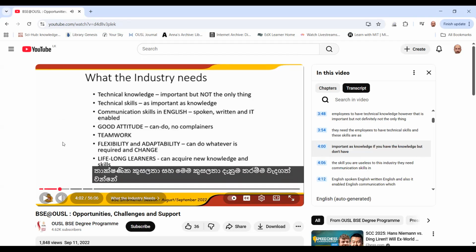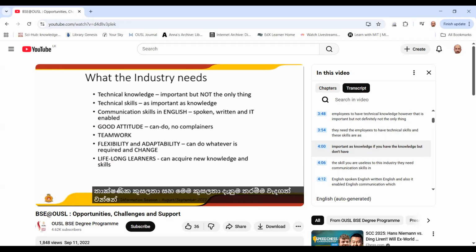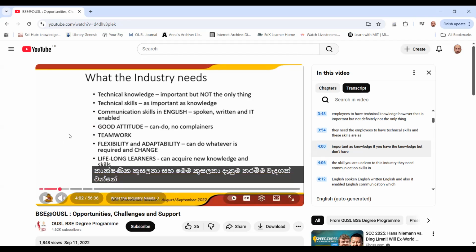So you will see that now the automatic translation coming from the artificial intelligence large language model that Google uses, Google is the owner of YouTube, is quite good enough for you to listen in English and read the Sinhala. This way you will understand what I am saying better, and you will also improve your English. Now let's get back to my presentation.